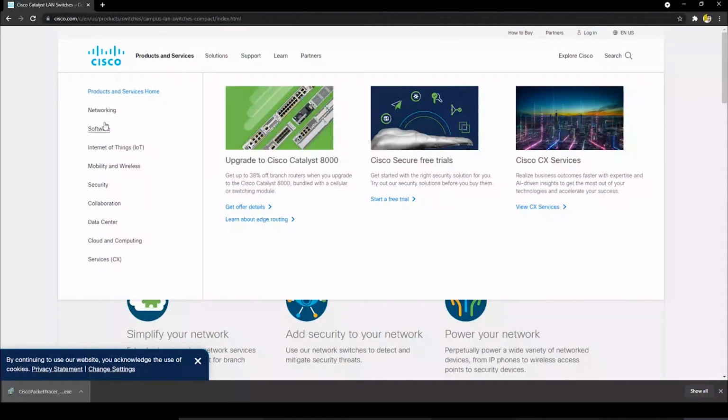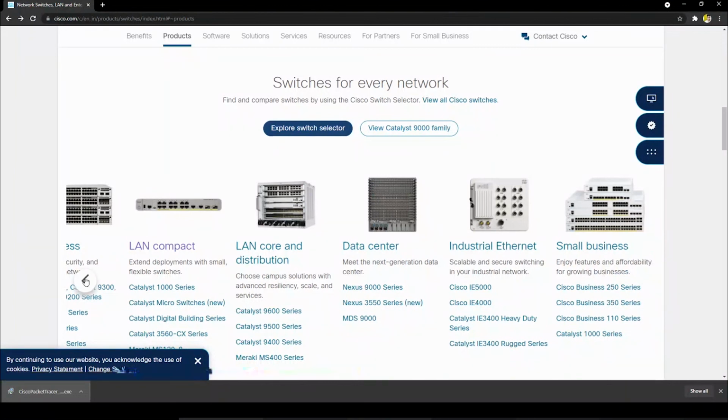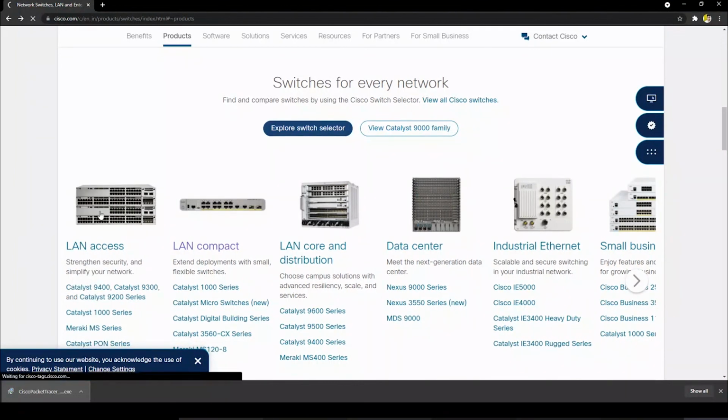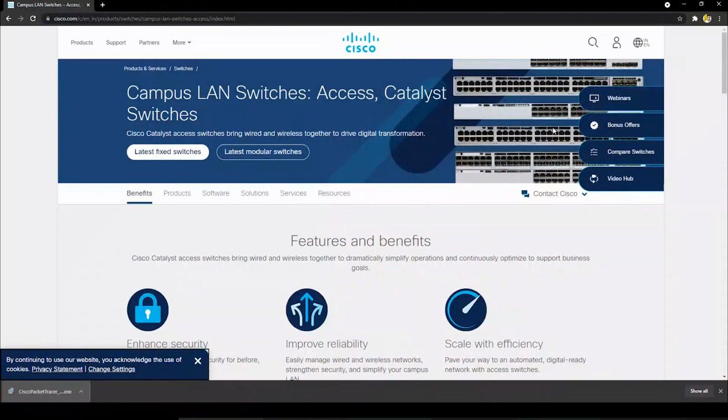Let me show you some big switches. So there are switches like these also. Is it not visible?